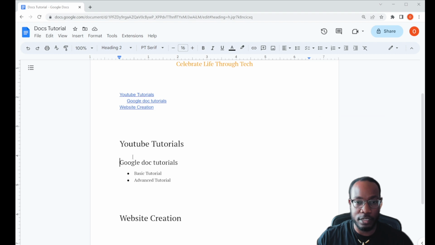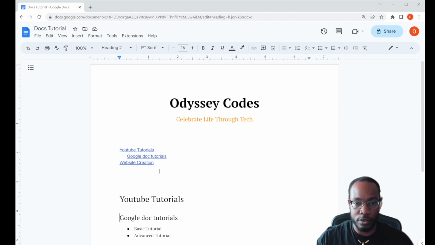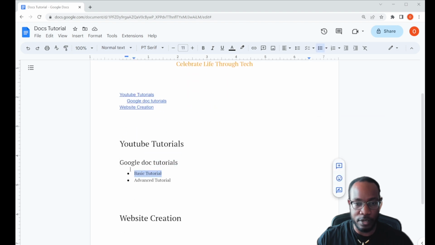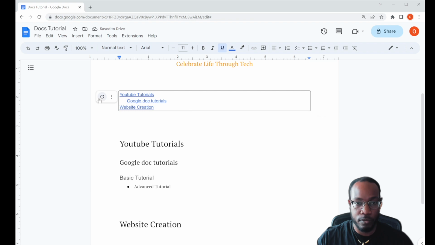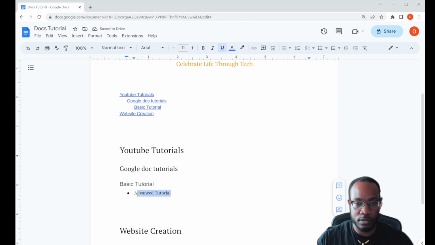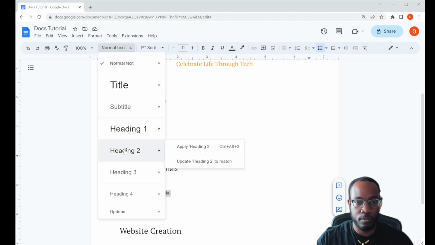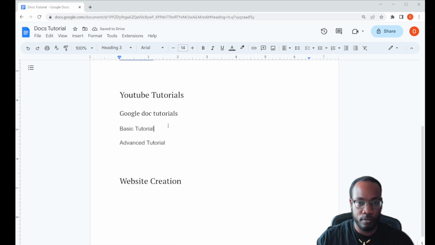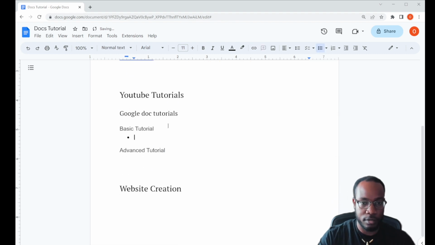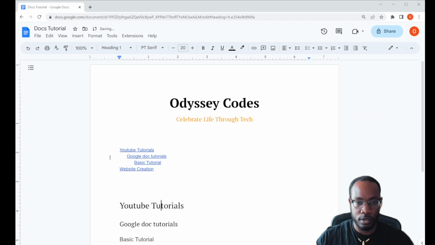links to those headings. And this is why the different size headings are important, because the heading 1 will always be above heading 2. And if I insert heading 3, right, so instead of this being normal text, let's remove the bullet points and I make it a heading 3. Okay. If I refresh this, you'll see basic tutorial, and then you'll see advanced tutorial. Okay. Now I can add in items to discuss here. Okay. And if I refresh this,